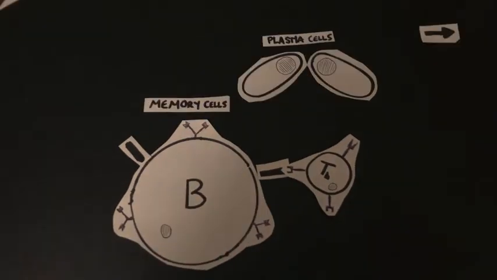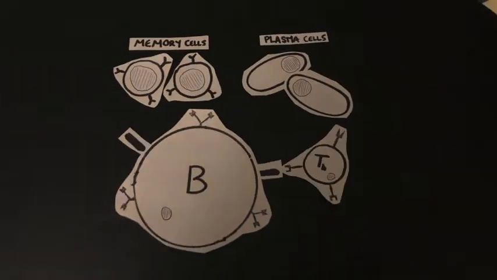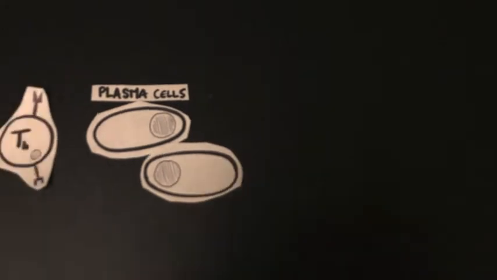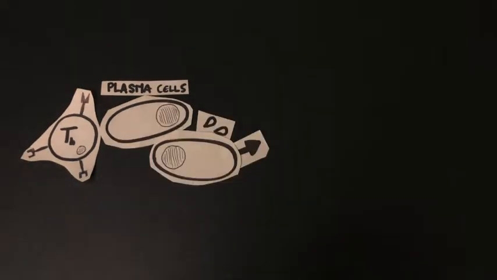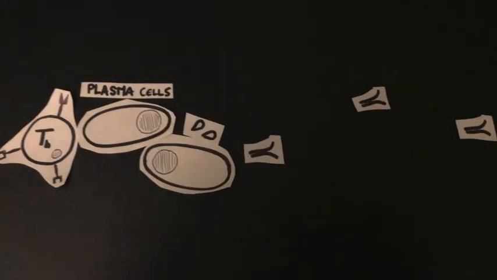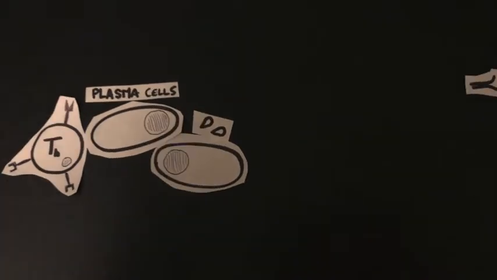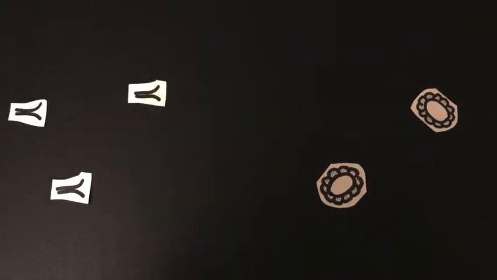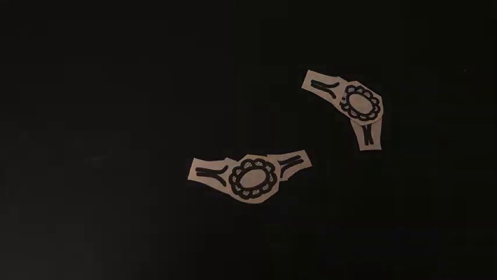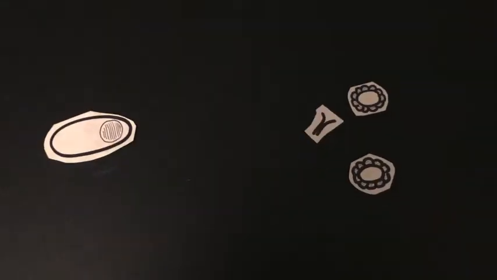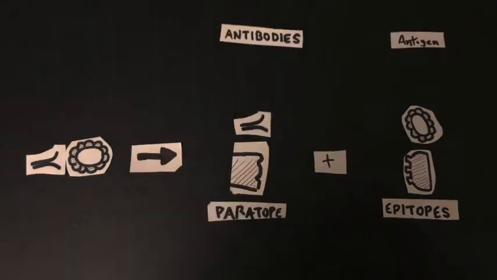For a point of reference, a single B cell produces thousands of plasma cells. These plasma cells activate B cells, which are responsible for large production of antibodies. Antibodies are Y-shaped proteins which bind to the antigens of pathogens. A variety of antibodies are produced in large quantities in order to bind and recognize different epitopes on the different